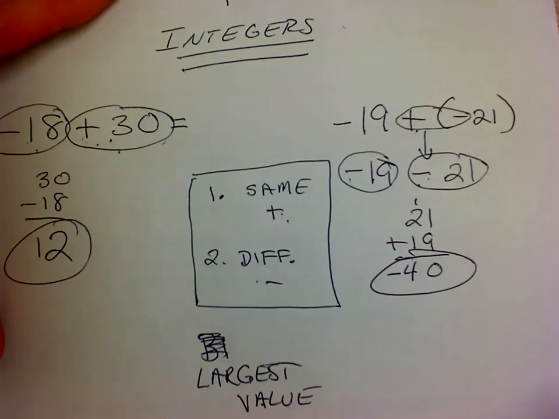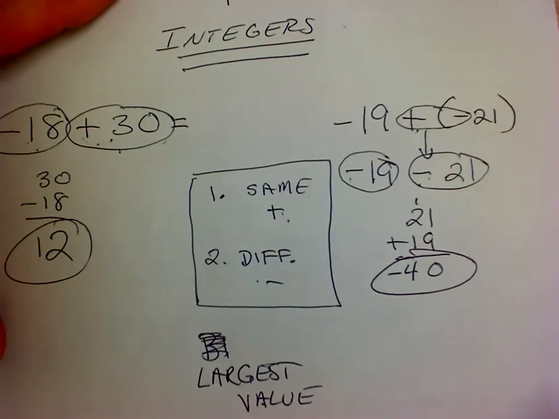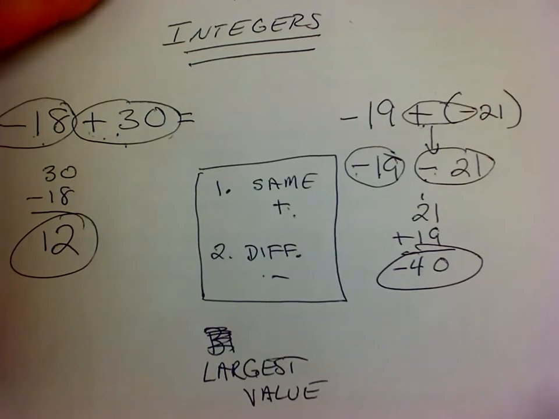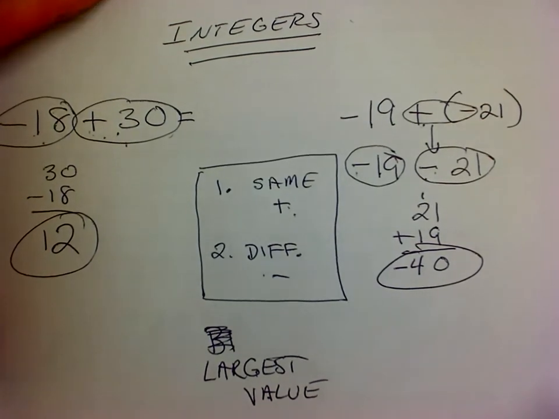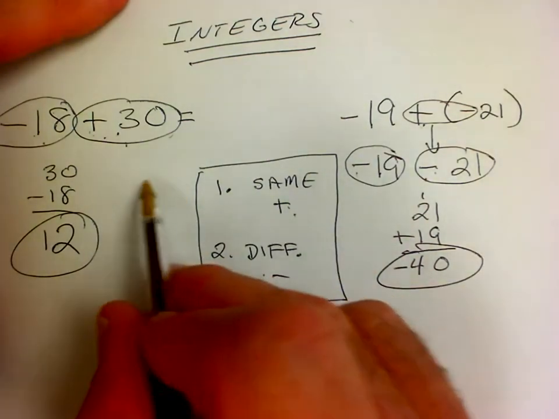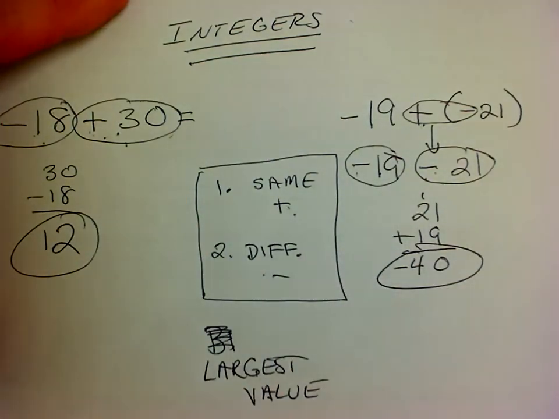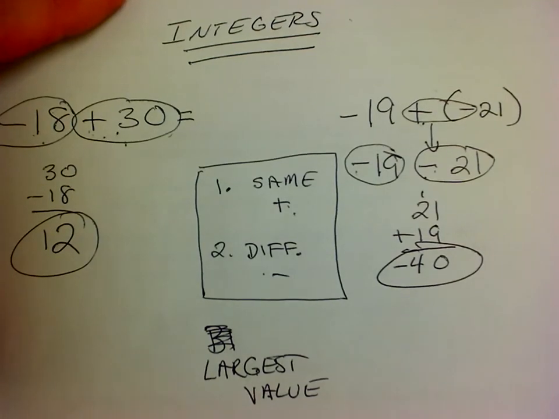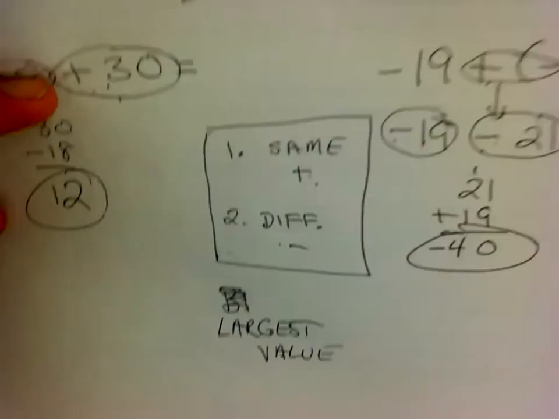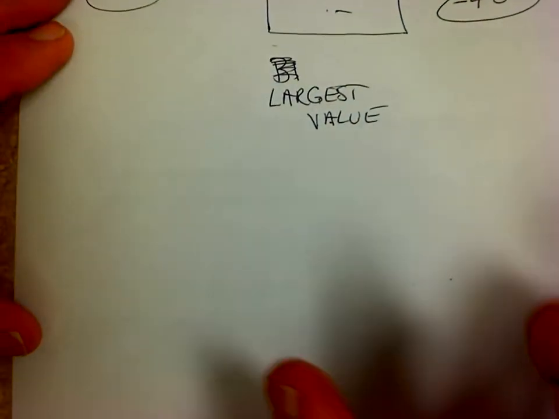Those are the only two rules we're going over tonight. If you are part of the Math 7 classes, you can stop watching the video now. These two examples cover your entire math homework. So if you are Math 7, you can stop watching the video and go ahead and get started on your homework. Those of you in the pre-algebra classes,